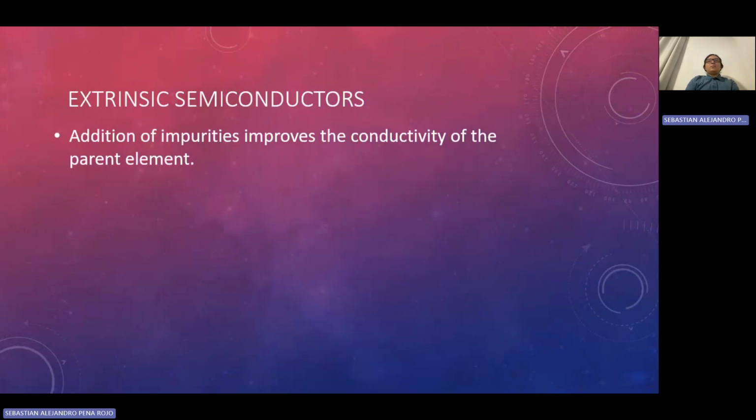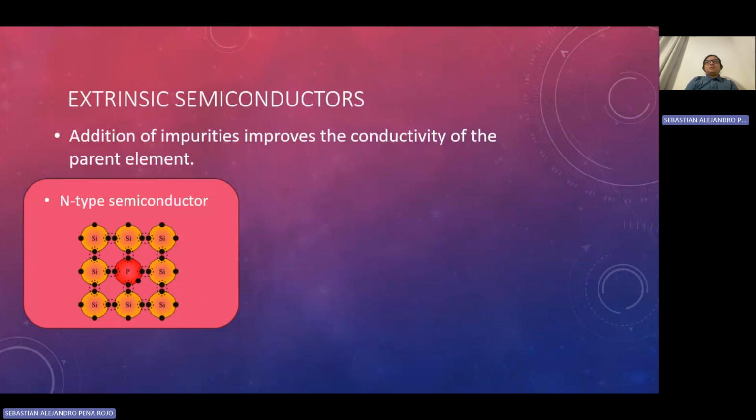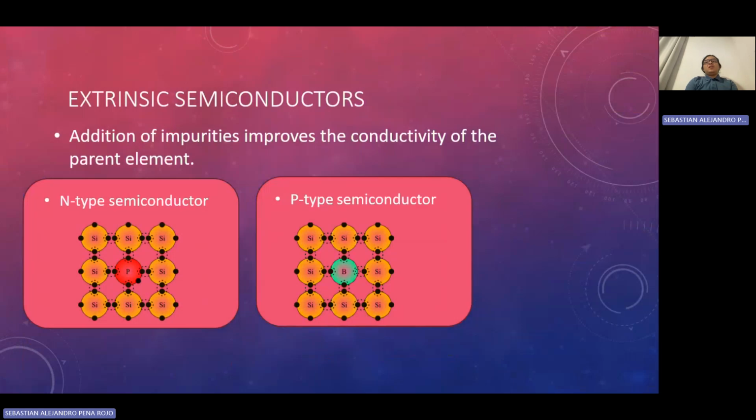There are two types of doped semiconductors. N-type semiconductors, which involve the addition of atoms with more valence electrons than the host material, such as phosphorus, which has one more electron than silicon. This provides more electrons that can jump into the conduction band. There are also p-type semiconductors, which involve the addition of atoms with fewer valence electrons than the host material, such as boron, which has one less electron than silicon. This creates positive holes in the valence band, to which electrons can jump into, decreasing the band gap.